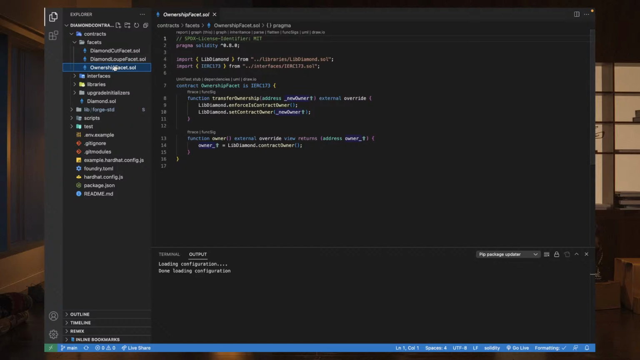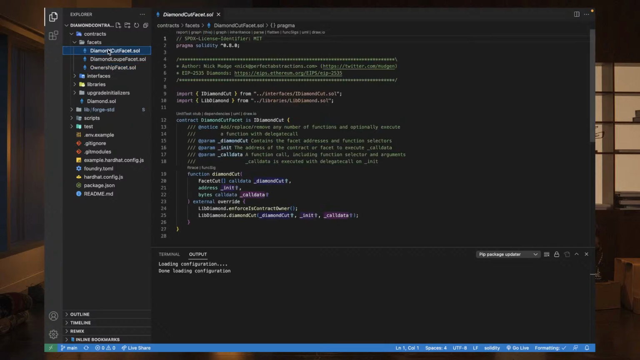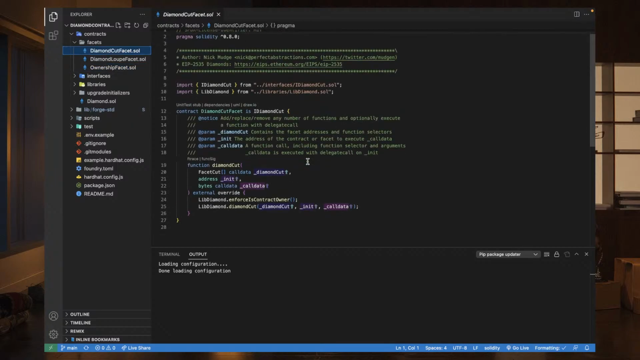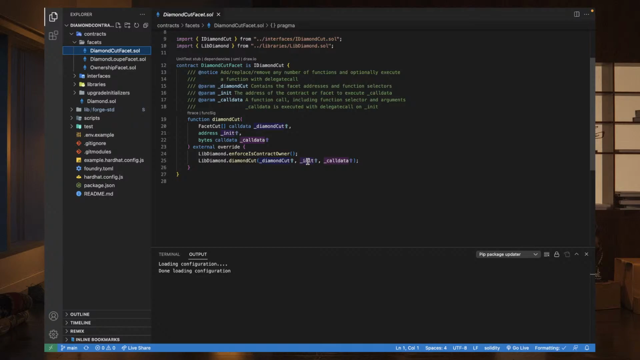So that's the work of this ownership facet. Then we have the diamond loop facet. Then we have the diamond cut. So this diamond cut now, you'd see that it has, what's it called? In the diamond cut, it takes in three